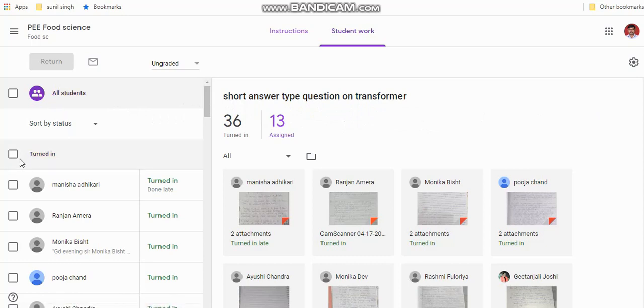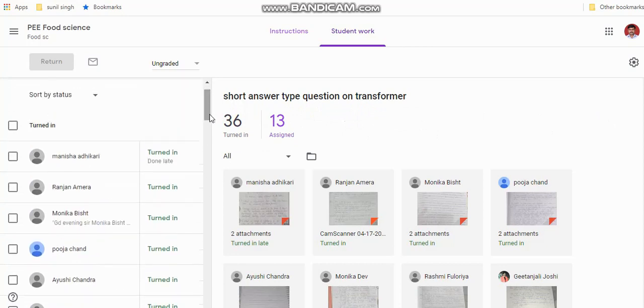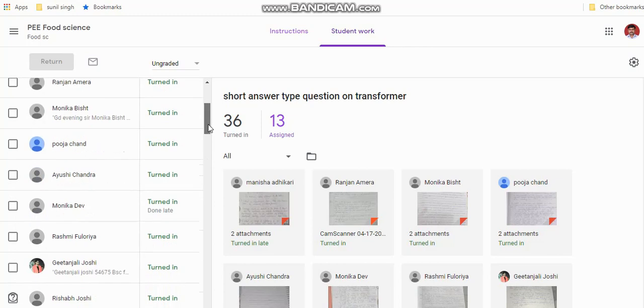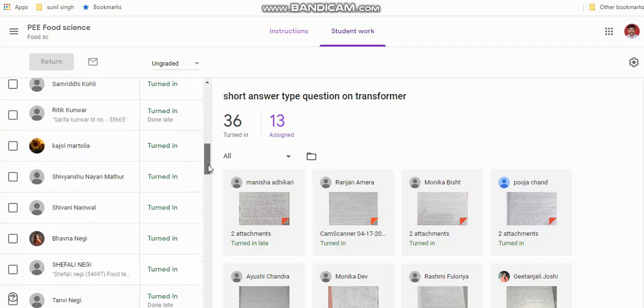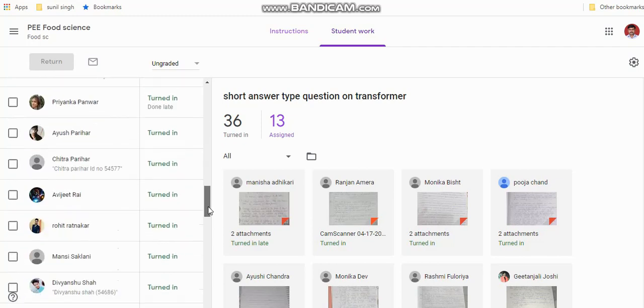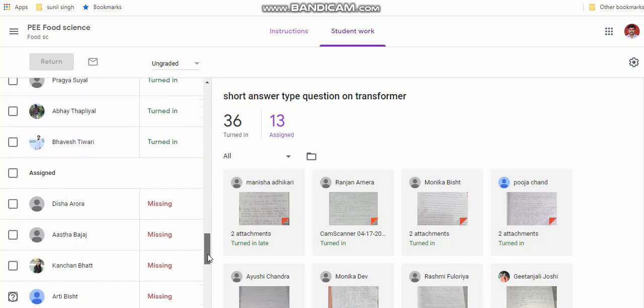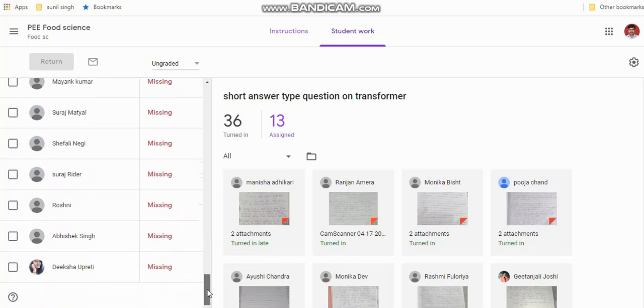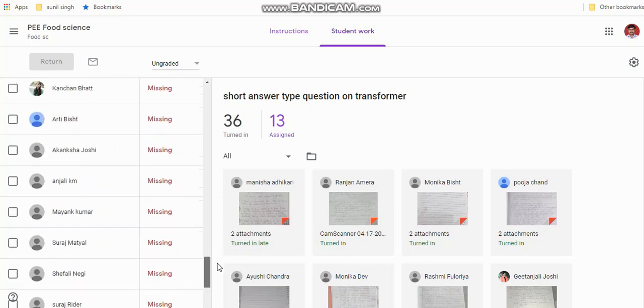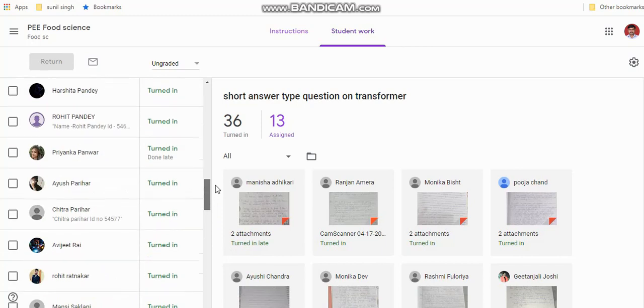Here two categories of students will be there. This is turn in, meaning the list of students who submitted in time by the due date. We have fixed a date, so they have submitted in time, and the rest of the students have not submitted in time, or till now have not submitted.